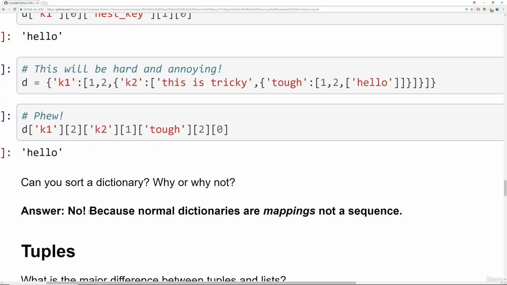Why or why not? The answer is definitely no, you cannot sort a dictionary because normal dictionaries are mappings and they're not a sequence. If you're a beginner and you're dealing with really small dictionaries, this definitely isn't clear at first, but I can't stress enough that normal dictionaries are mappings and not a sequence, and they cannot be